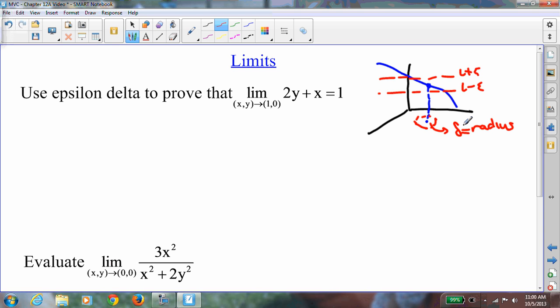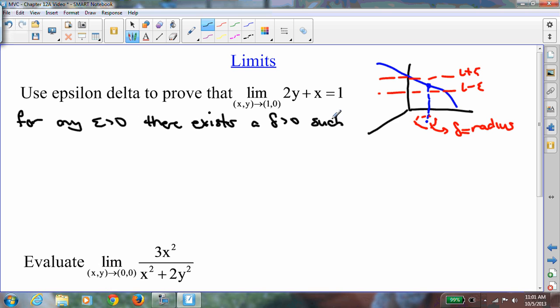So if I write this specific to the example, it's going to look like this. For any epsilon greater than 0, so for any distance around z equals 1, there exists a delta greater than 0. So there exists a radius around x, whatever x and y are approaching, such that f of x, so in this case 2y plus x, minus the limit, which is 1, is less than epsilon. So that distance between the function and z equals 1 is less than epsilon whenever